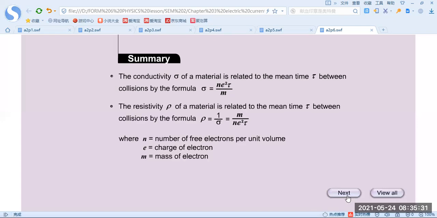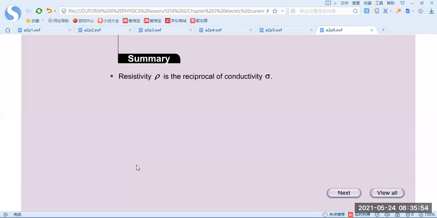And the resistivity of the material is related to the mean time between collisions by the formula where resistivity is 1 over conductivity. We get that resistivity is the reciprocal of the conductivity,